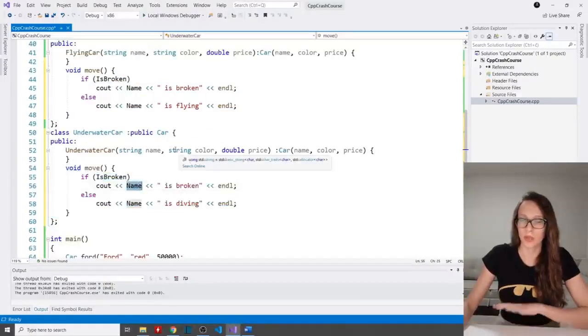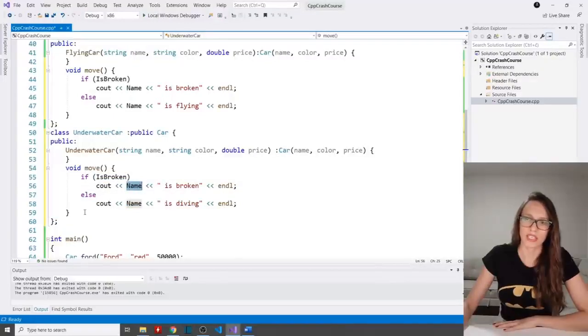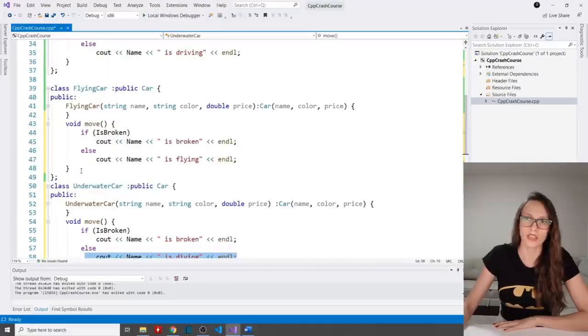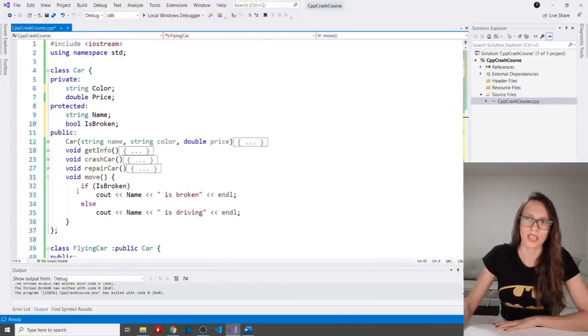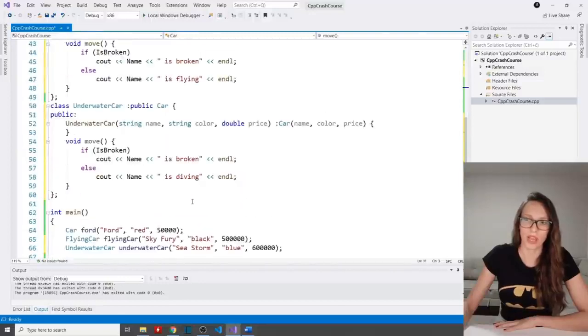So returning to polymorphism, we have implemented this move method in our underwater car, where it says that the car is diving, and in our flying car it says that the car is flying, and in our car class it says that the car is driving. So what am I going to do now?